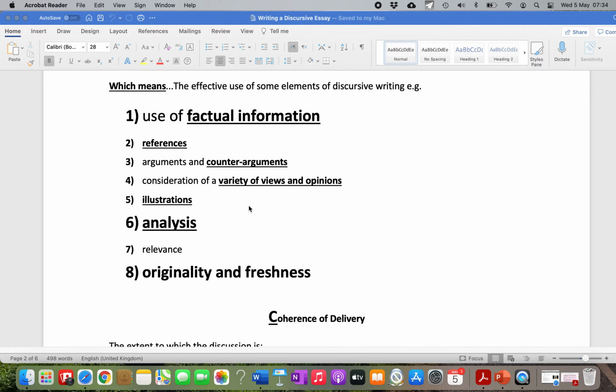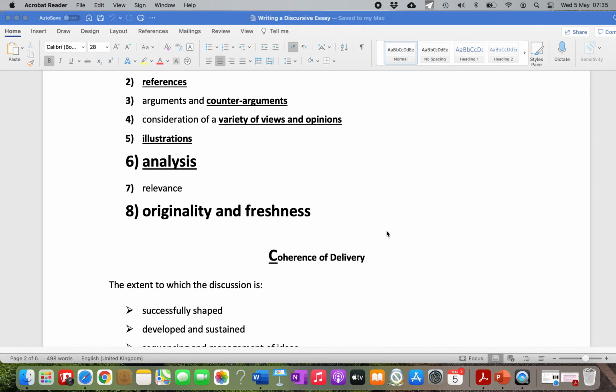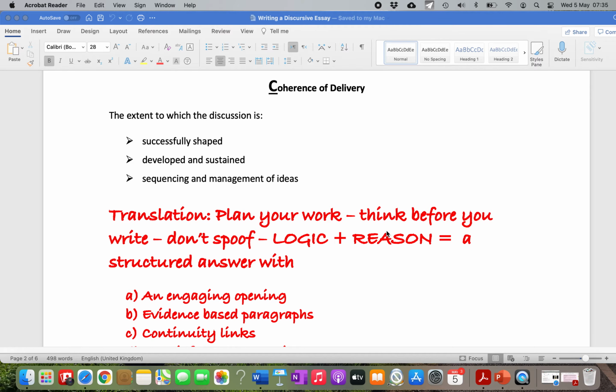Well, it means that we're looking for work which is really thoughtful, carefully planned, not drawing on clichéd information, that is evidence-based and original. What does original mean? It means it comes from you, not half-understood ideas that you're regurgitating because you don't want to think for yourself. In terms of coherence of delivery, the marking scheme's instructions say the work should be successfully shaped, developed